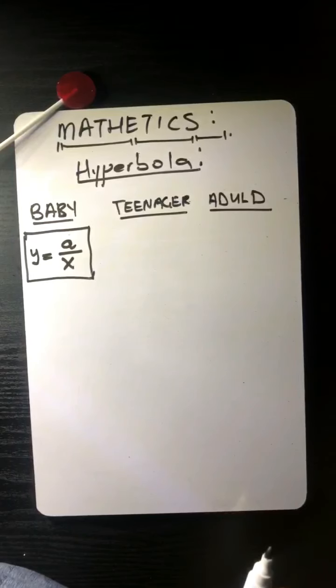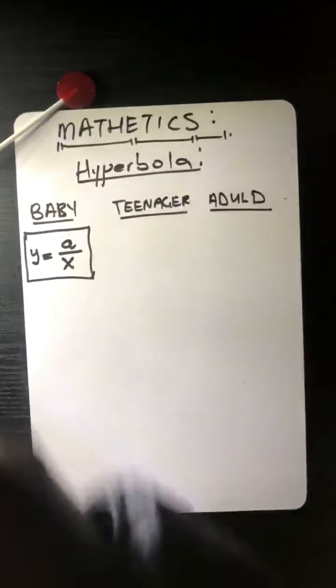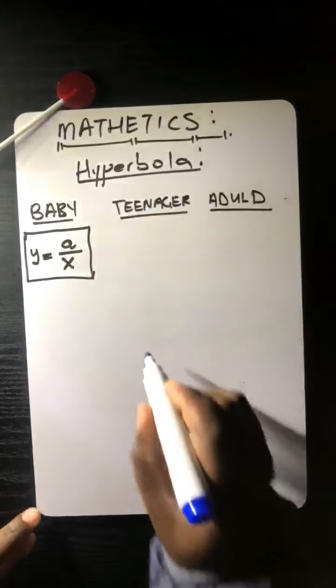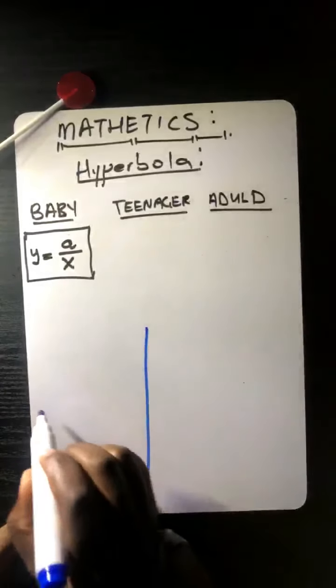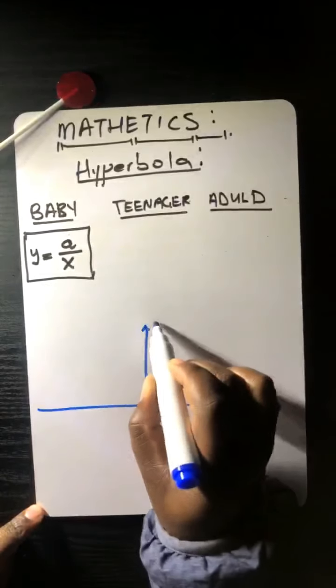So you need to be aware of something very, very much important, ladies and gentlemen. So remember, we draw functions on a Cartesian plane. What is a Cartesian plane? A Cartesian plane is this thing called